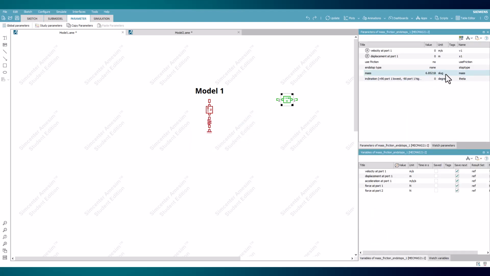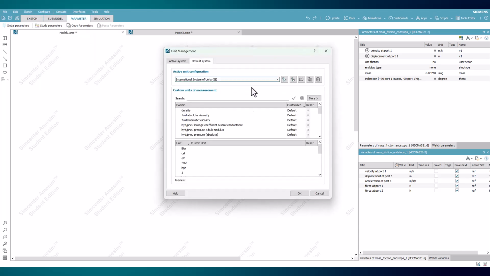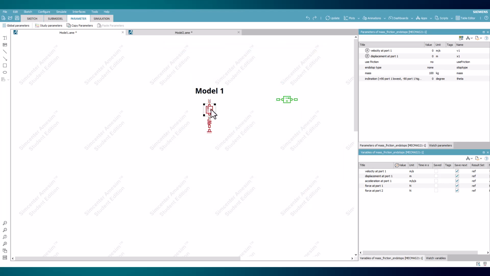Resetting the units back to kilograms is as simple as reopening the Unit Manager, and within the first box, click on the title of Customized twice, which will display all parameters with some software changes listed as defaults, and below them, the user change parameters labeled Customized. Customizations can be reset on a per instance basis by selecting the Reset button next to it, or for the entire domain by selecting the same button, which, after completion, you can press OK and see any mass parameters are now in kilograms again.